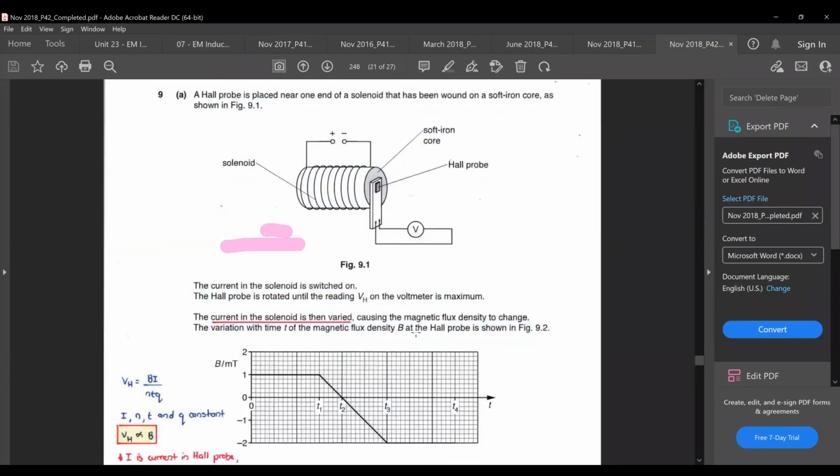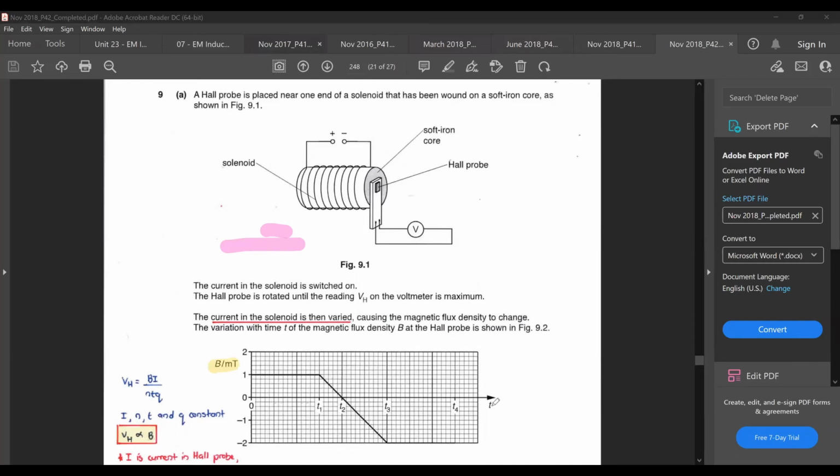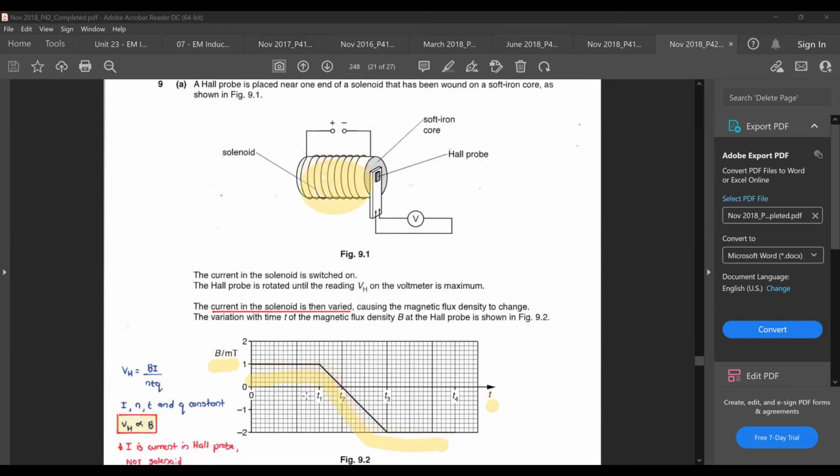Then after that, you look at what they say. This one is the magnetic flux density versus time for the solenoid. Okay. So they ask you right now, when they change the magnetic flux density,